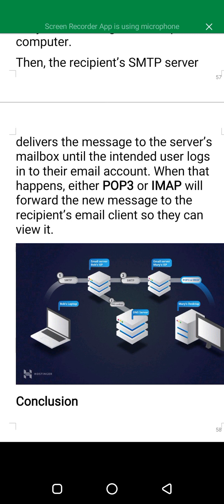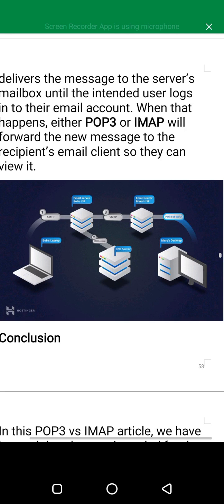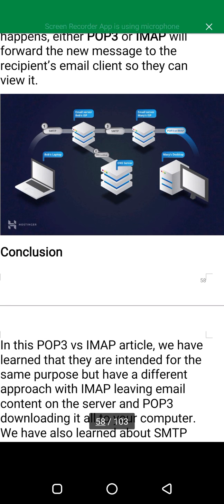When that happens, either POP3 or IMAP will forward the new message to the recipient's email client so they can view it. Below is the diagram showing the process. Below is the email server.